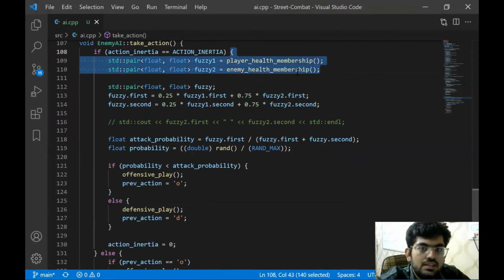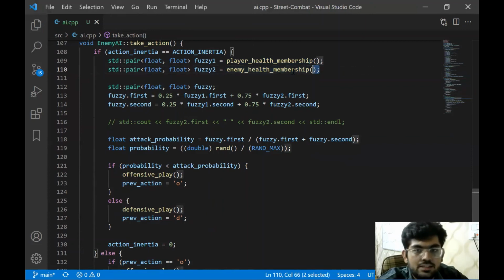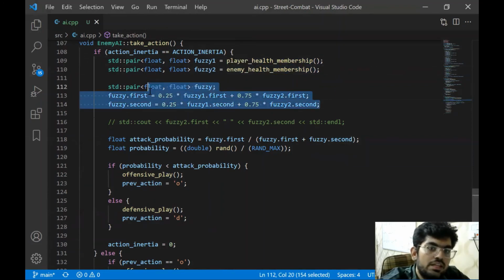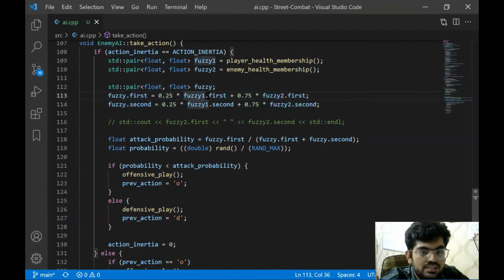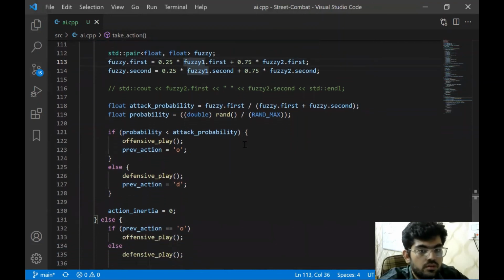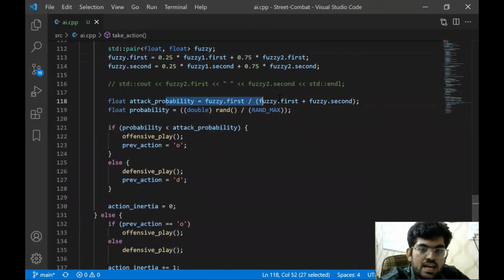All right, so when the AI has to decide which action to take next, it calculates the fuzzy variables first, from the player health membership function and from the enemy health membership function. Then we do the linear combination that we discussed, 0.25 times fuzzy set 1 plus 0.75 times fuzzy set 2. And then we generate the attack probability.